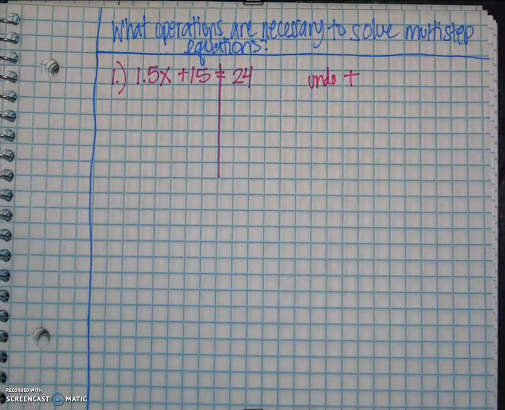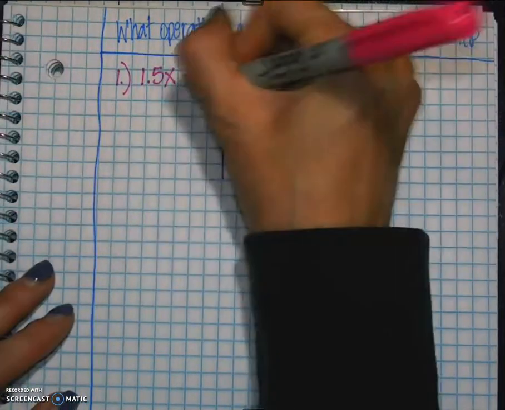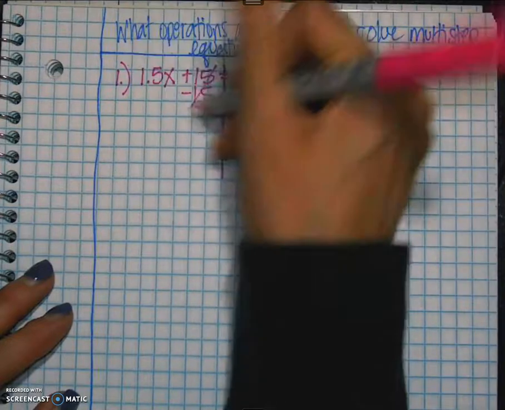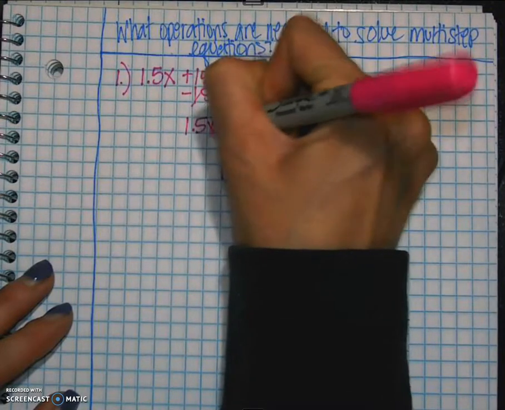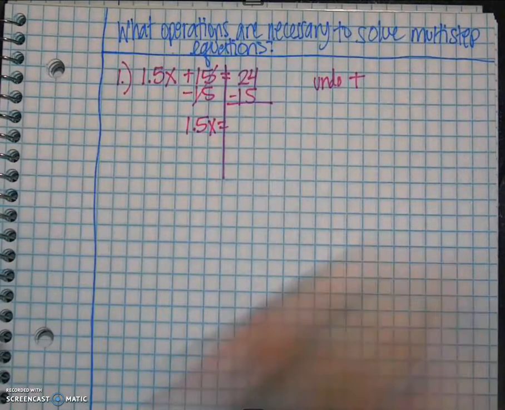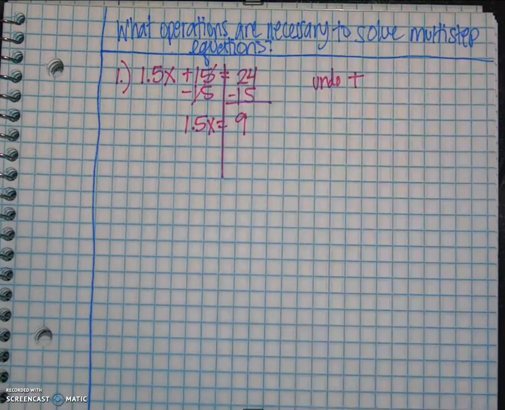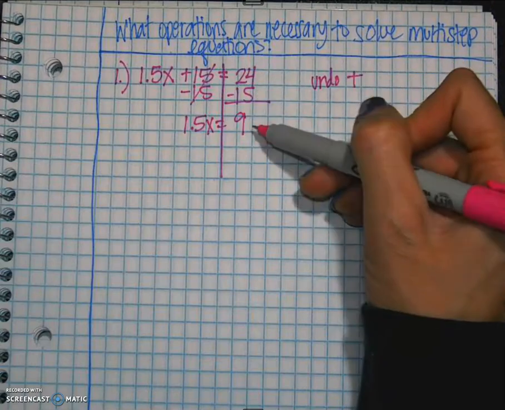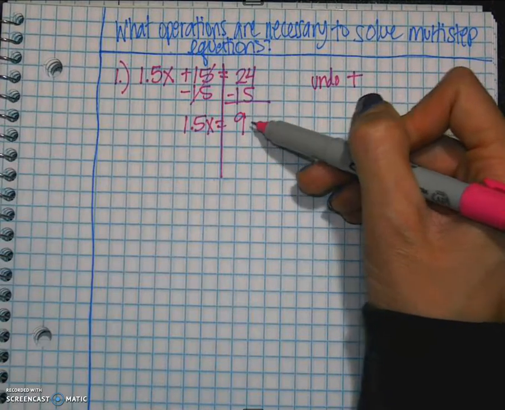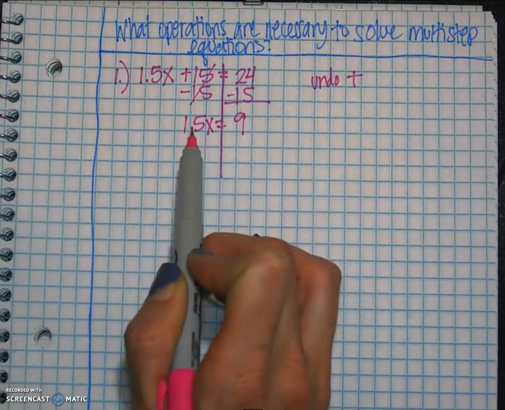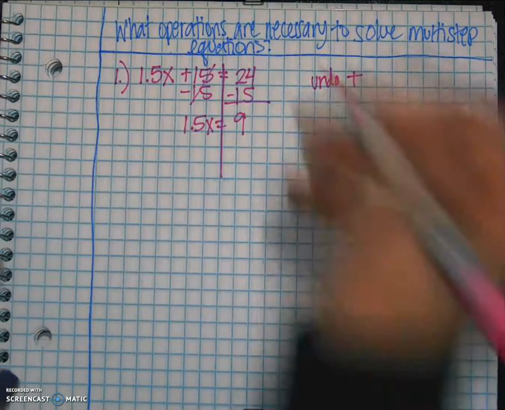And so we're going to use the inverse or opposite operation, and we're going to subtract 15 on both sides. So that's gone. So I'm just going to bring this down. I have my 1.5x, and then I know that 24 minus 15 is going to give me 9. Okay? So I undid the addition, I subtracted, and then I simplified. Now that I'm here, I can see that I only have one more operation to undo, and the opposite of multiplication